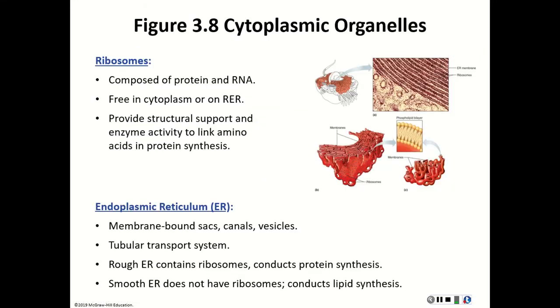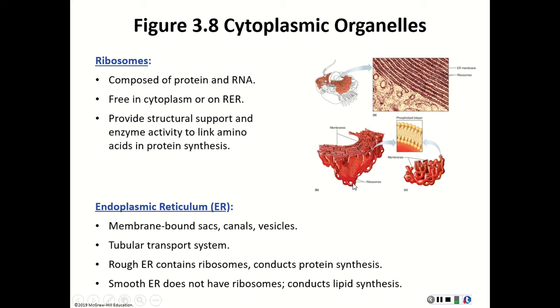So moving on to the cytoplasmic organelles. For each of these organelles, you want to know the structure, so what does it look like, and what is the function of each organelle? The first organelle to talk about is the ribosome. Ribosomes are made out of protein and RNA. They can either be freely mobile within the cytoplasm, swimming freely in the cytosol, and those are known as your free ribosomes,